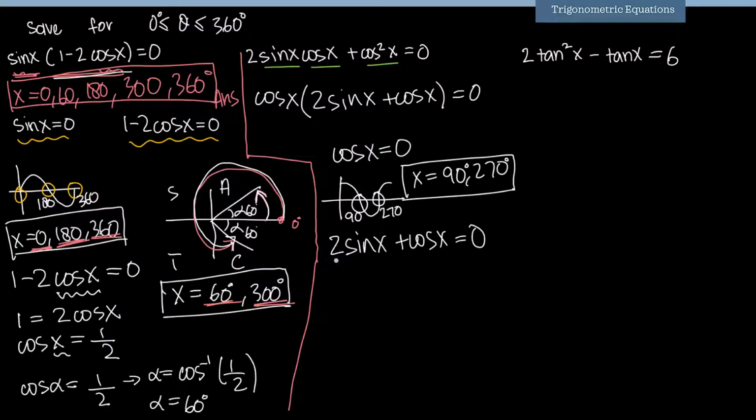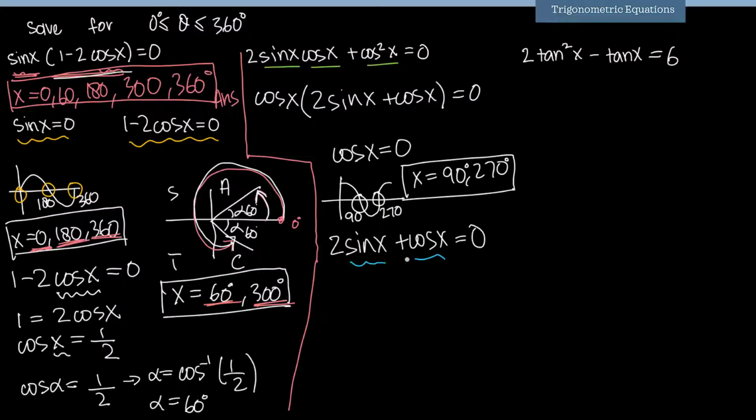Let's look at the second equation, 2 sine x plus cosine x is equal to 0. Now in this equation again I have two trigonometric functions and I cannot factorize it again. But what I can do over here is convert both of these into a single trigonometric function. Whenever we have two types of trigonometric function, either I can factorize or I can convert them into a single